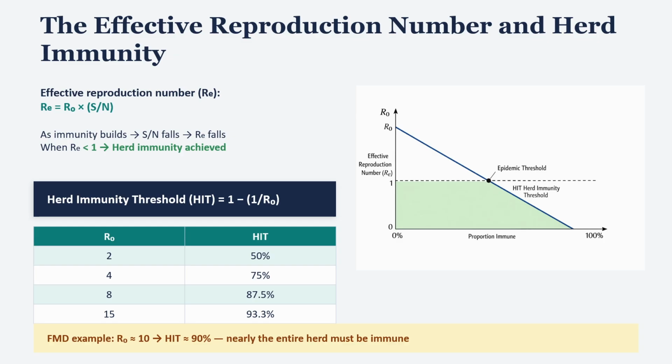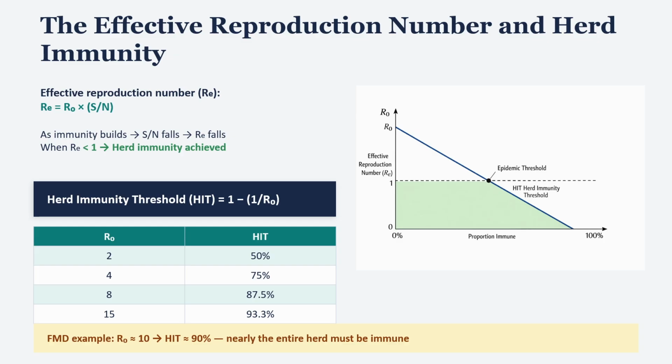The herd immunity threshold, HIT, is the proportion of the population that must be immune to drive RE below 1. The formula is 1 minus 1 divided by R0. For a disease with R0 of 2, 50% immunity is sufficient. For R0 of 4, you need 75%. For an R0 of 8, you need 87.5%. For FMD with an R0 around 10 to 15, you need 90% or more of the herd immune to